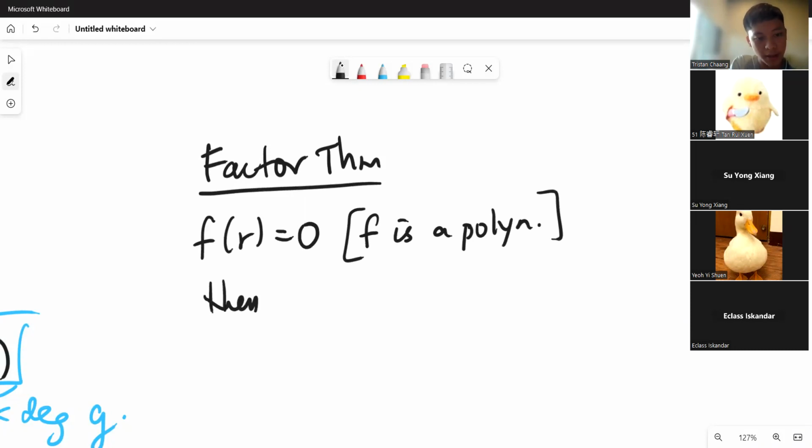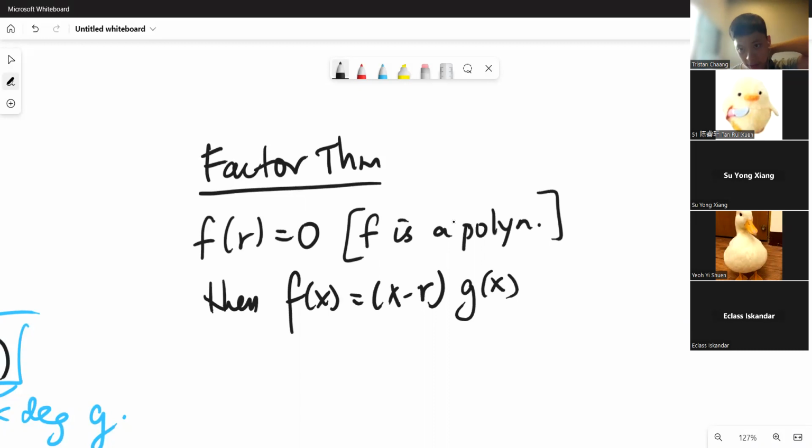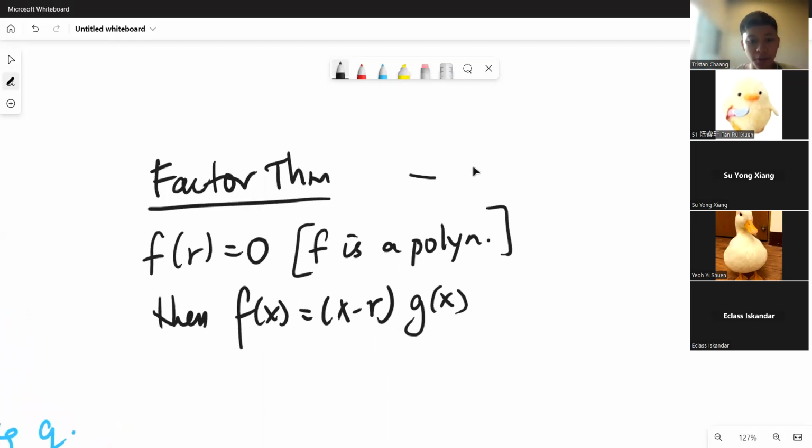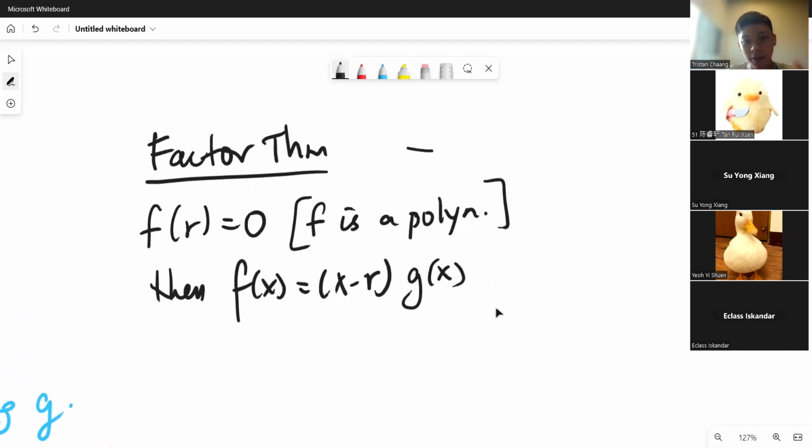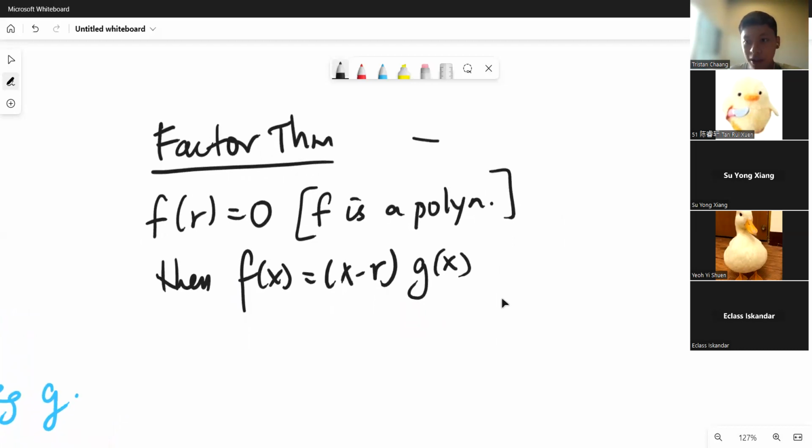Then f(x) equals x minus r times some polynomial g(x). So the backward part is easy to follow, right? If f(x) equals x minus r times some junk at the end, obviously if you substitute x equals r, it becomes 0. But then for the converse, where you say if r is a root, then x minus r is a factor,